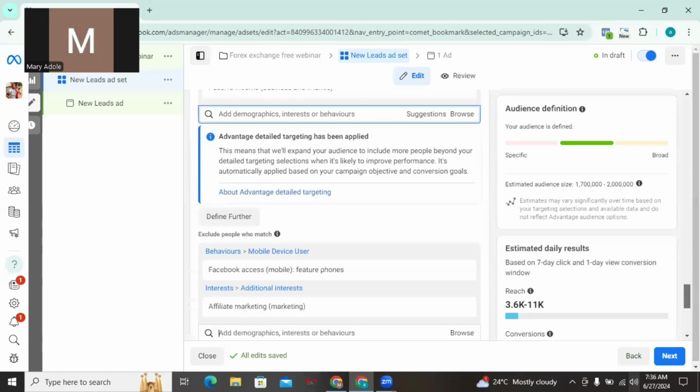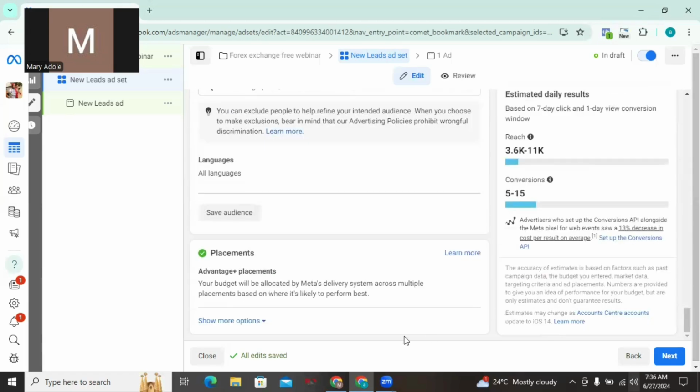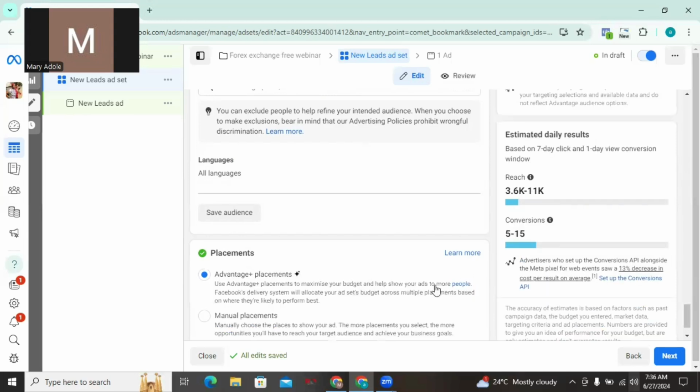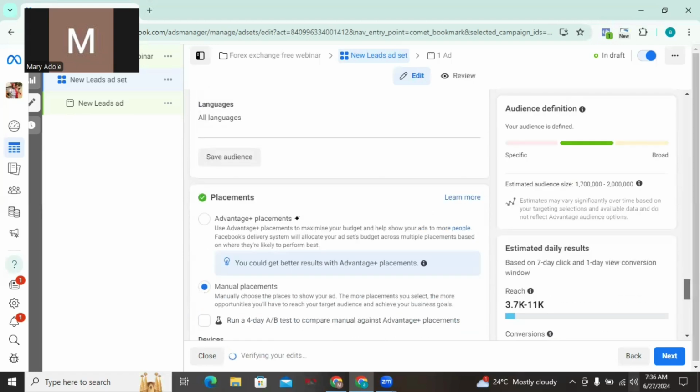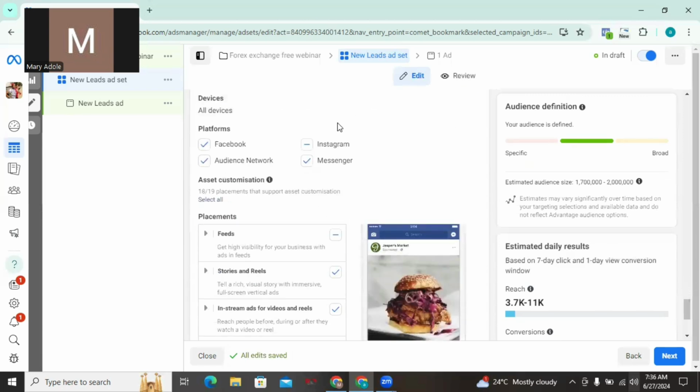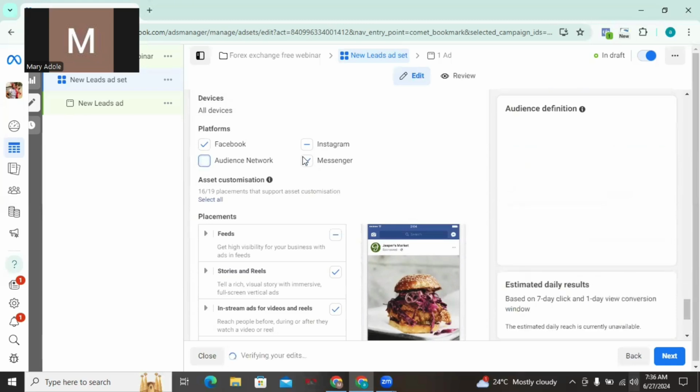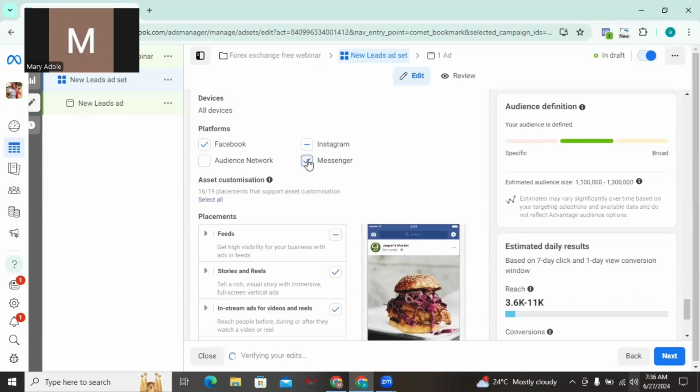All right, then scroll down to where we have placements, and Facebook is going to be telling you to use advantage placement. So we have two types of placements. Ensure to click on edit, so you're going to be seeing advantage placement and manual placement. Click on manual placement so that you can control how your money is being spent. All right, so if you want to advertise on both Facebook and Instagram at the same time, you can tick Instagram and tick Facebook. Then you can just remove audience network, remove messenger, and then even after you've done that,